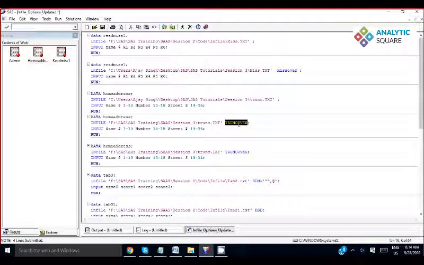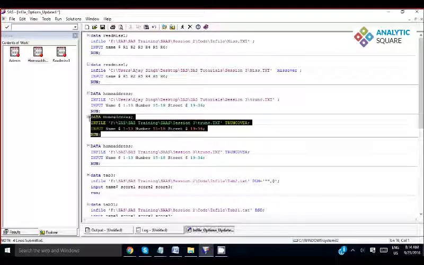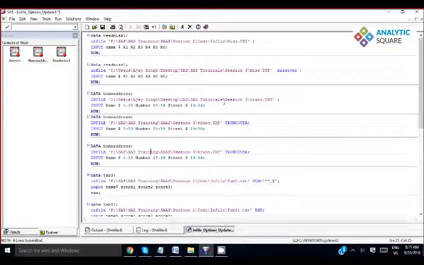The truncover option stops SAS from moving to the next line, and it gives the instruction that even if the values are shorter than what we have defined, SAS should read that shorter value itself instead of moving to the next line. So that is what that means. Now I will use the truncover option. First I will have to change the physical path.